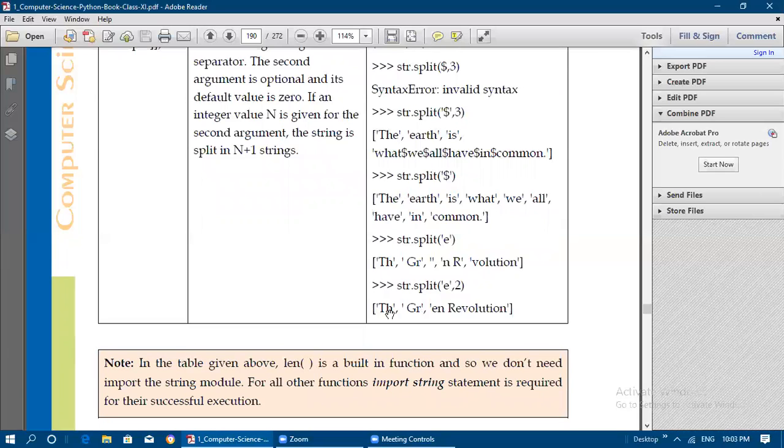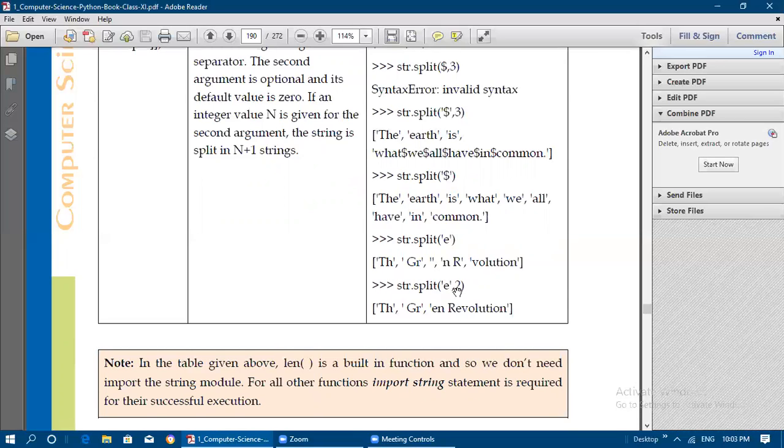Here 0, 1, 2. So the second occurrence is removed here, and here also the second occurrence is removed. That is 0, 1, 2. So at index 2, the E that is available there alone is removed. In revolution it will be 0, 1. The first index is not occurring.